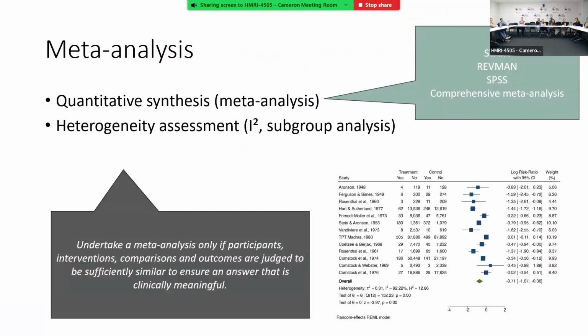Yes, so when you do an actual meta-analysis using Stata, RevMan, SPSS or comprehensive meta-analysis, depending on the program, there'll be a little box that you can tick for it to do a heterogeneity assessment, and it gives you this little I-squared number. And the I-squared number is a ratio essentially between 0 and 1. So if it's high, negative. But you have to do the analysis anyway to check.